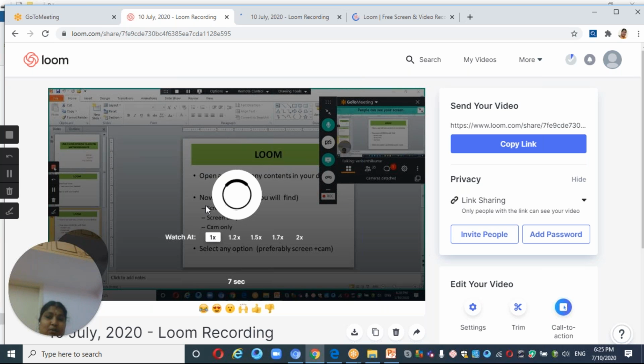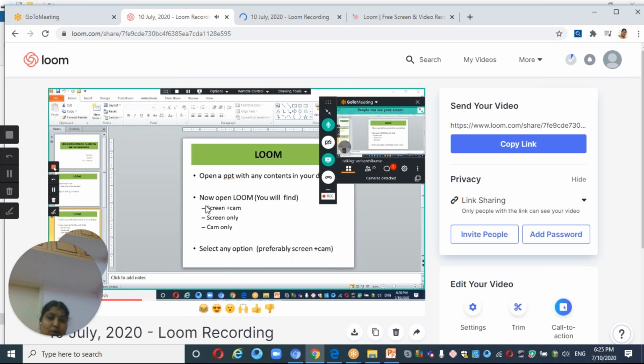In short, I can tell you that the first step is that you can download the Loom in your system. Second thing is that before downloading a Loom, it'll ask your mail ID. Just give your mail ID. In that mail ID, you're going to move on for downloading your apps and this particular Loom.